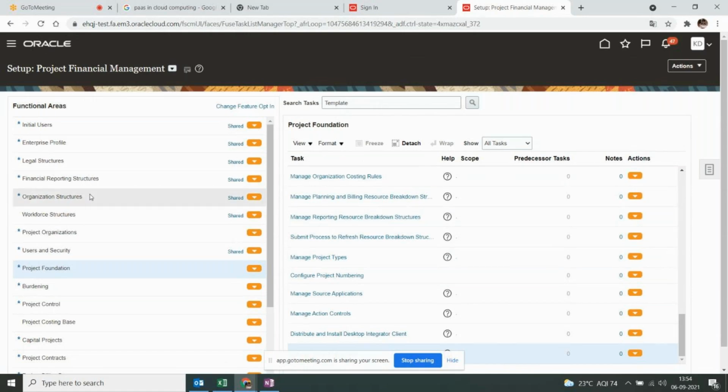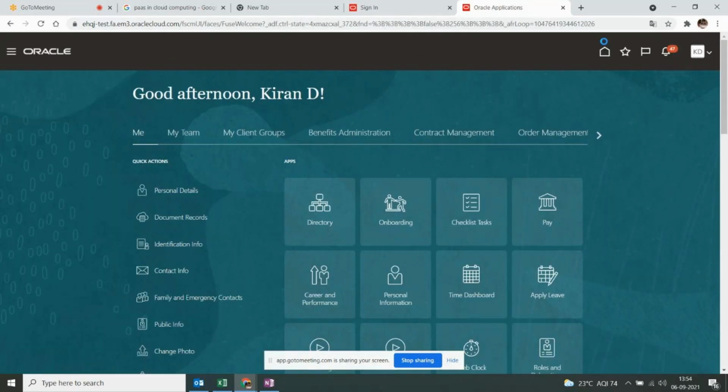Okay, guys, any questions related to this introduction of the application? In real time, you will get a username and password along with the URL, right? That is an implementation user. Anna, by that URL, can we access every module or only a particular module?